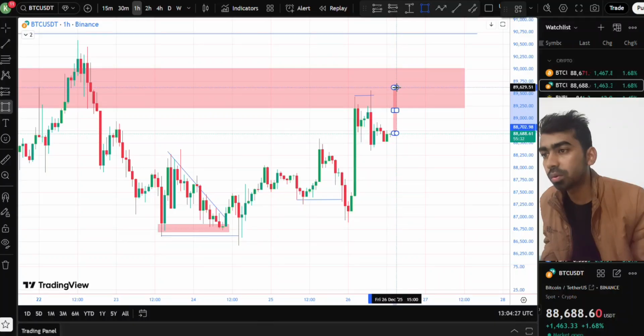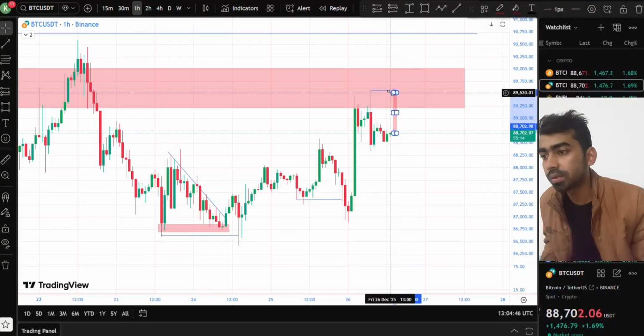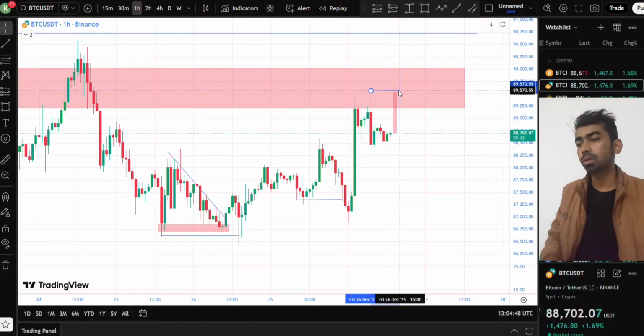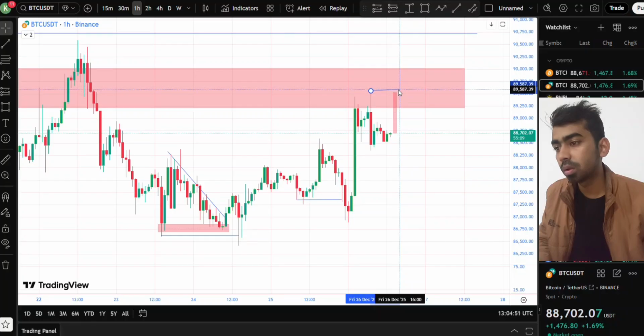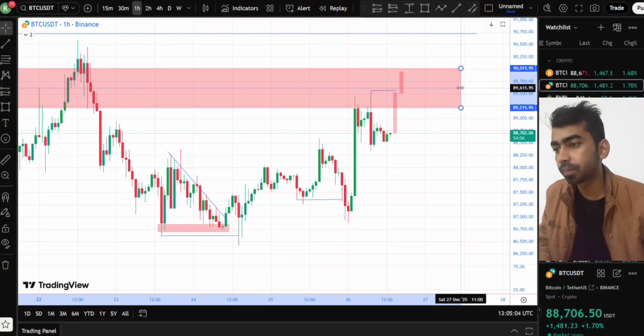If BTC tries to go upside like that, here was one most interesting setup. Here will be another most interesting setup. Look at it. If BTC tries to go upside, and if it tries to take this liquidity, okay, this liquidity is also very good, or it can take it easily. Okay, if BTC tries to go upside like that, and at the same time,